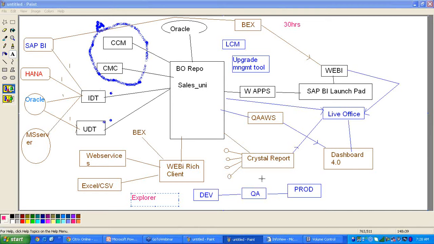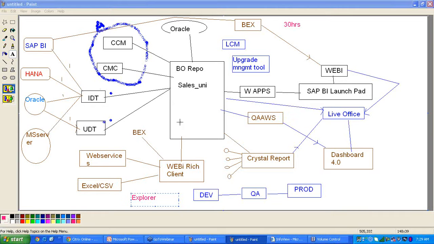We are discussing the Crystal Reports also, but there is very little requirement for Crystal Reports, so I'm not covering much on them. Similarly, Explorer. The main tools are the BI Launchpad and the universe designing IDT tool.